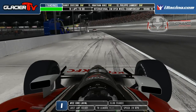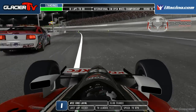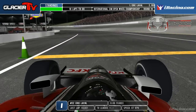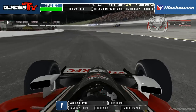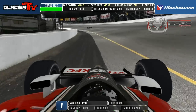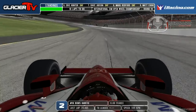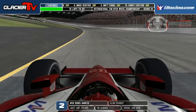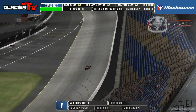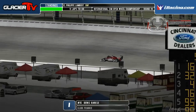So Laval, pit stop for him. He is out on the way. No tyres for him. He gets very squirrely coming out of his box actually there, Aaron. Almost just sped it to the left into that attenuator. Yeah, it's so easy there, especially when you know if you can nail it, maybe you can gain a position, and in the end, not going to be the case on that stop. But wheel spin coming up to Jackson, getting out onto the track, just so easy to do,